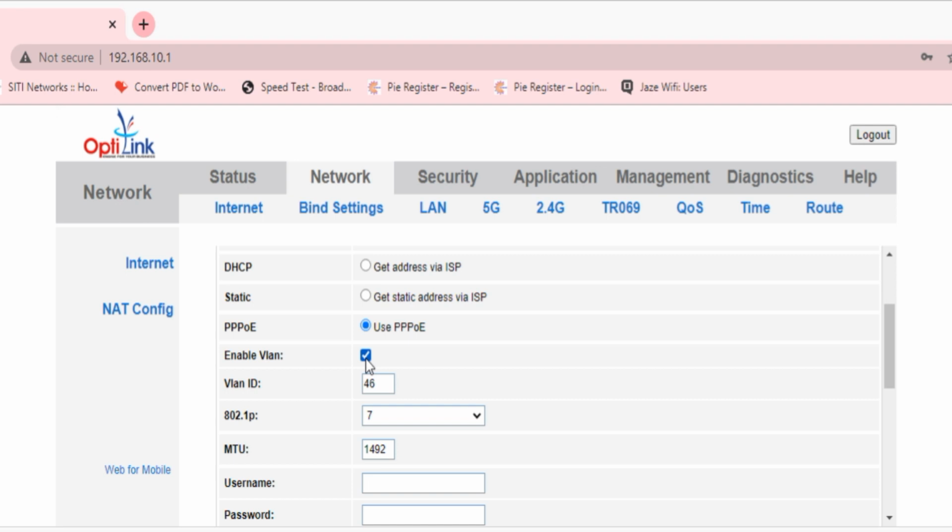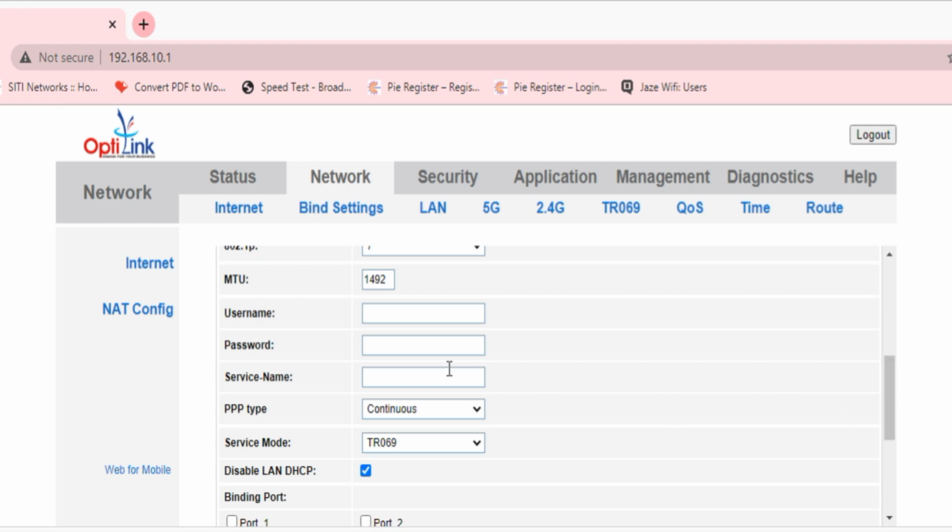If your provider has provided you any VLAN, put your VLAN over here. I have the VLAN 403. Now I'll go to the username. I have a username, so it's my username and password.